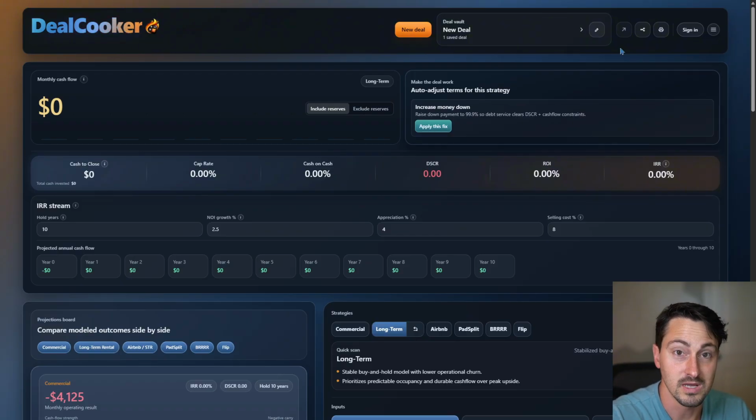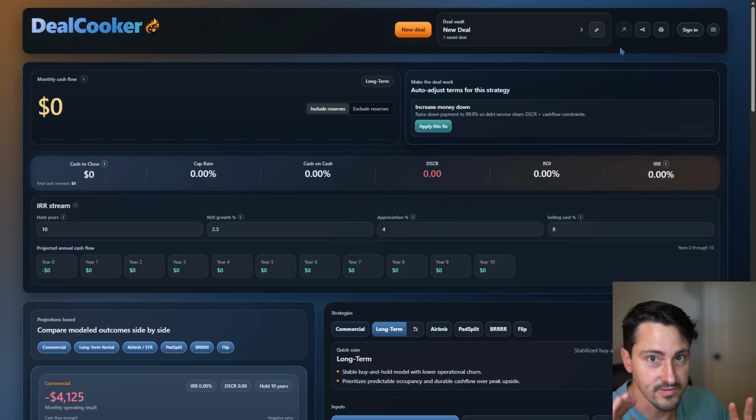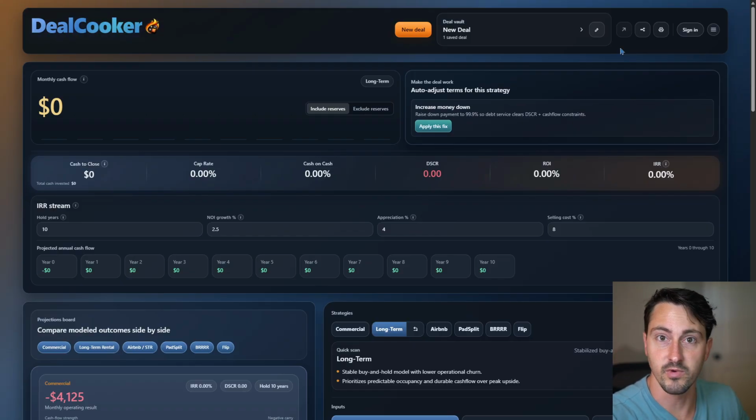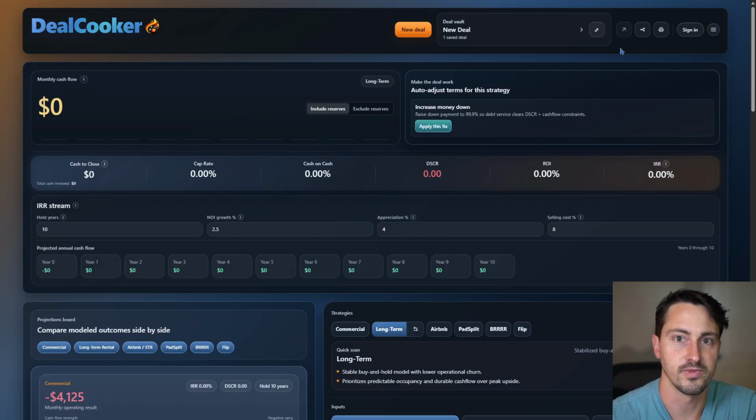And so you can share what you're working on, like the properties you're looking through. If you find a good one, you click the link, copy it, and share it with your partner, your agent, or your client, and they can pull it up and see all the same numbers. A lot of things will do that. You can do that with a spreadsheet or a report, but with this, they can take those numbers and play with them, and it's all right there with the click of a button.